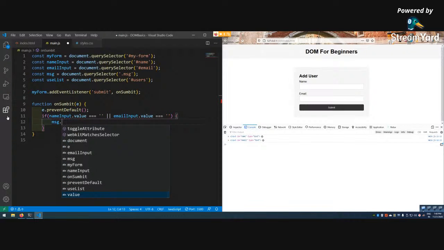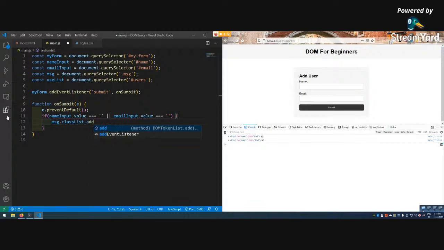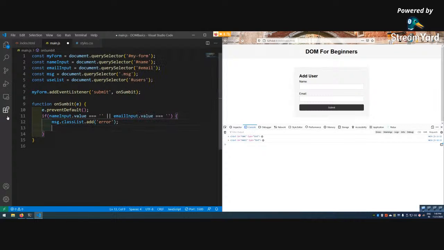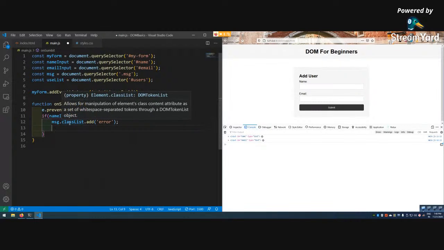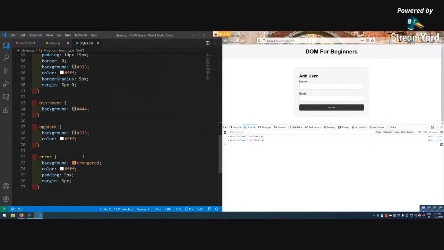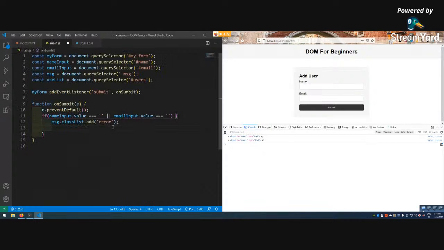dot classList dot add error. I will soon tell what this is. One thing to tell is that we are adding a class to this message. So what is this error? Error is something we have created here which is not there in the index.html, but there is a class dot error, so we are adding that class,